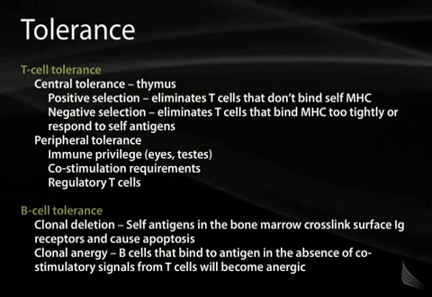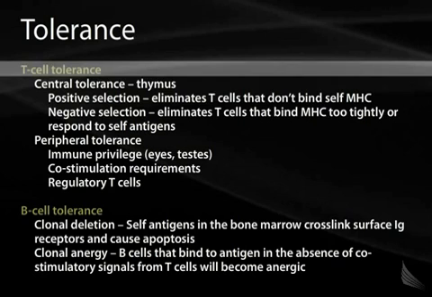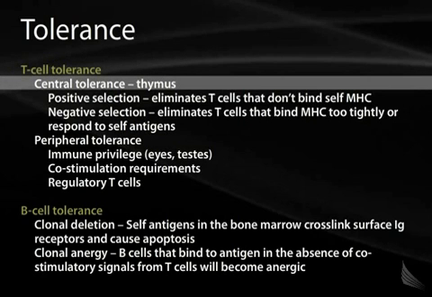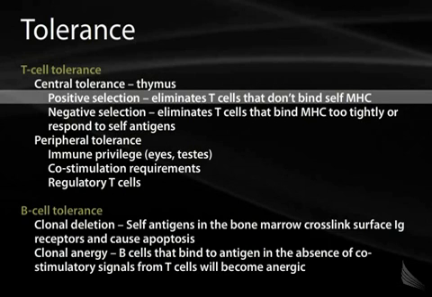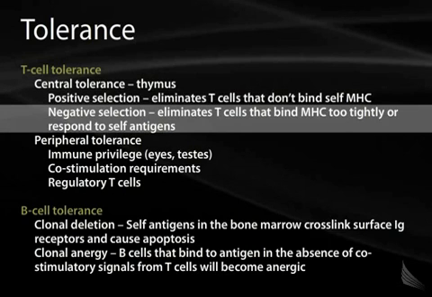Before we get into specific diseases, let's talk about how autoimmunity happens. Remember, we have in our immune system various tolerance mechanisms set up to prevent this type of thing from happening. This is a review slide. We've touched on all of these points in other sections of the lecture, but just to review, as far as T cells go, we have central and peripheral tolerance. Central tolerance refers to what happens in the thymus, with positive selection and negative selection. In positive selection, we eliminate T cells that don't recognize self-MHC, and in negative selection, we eliminate the T cells that bind to MHC too tightly or may be responding to self-antigens.